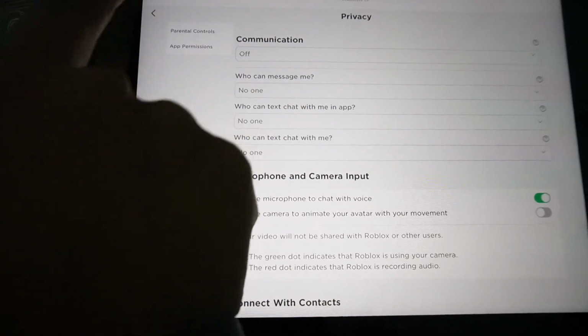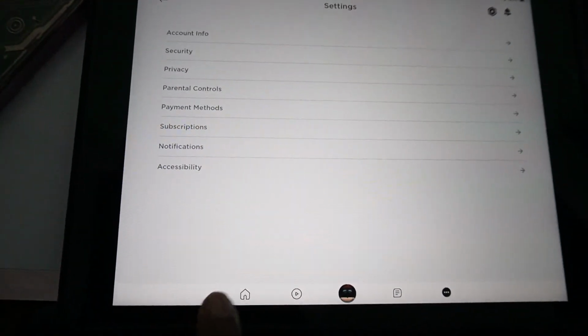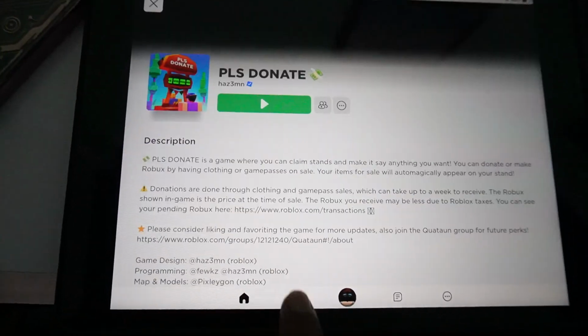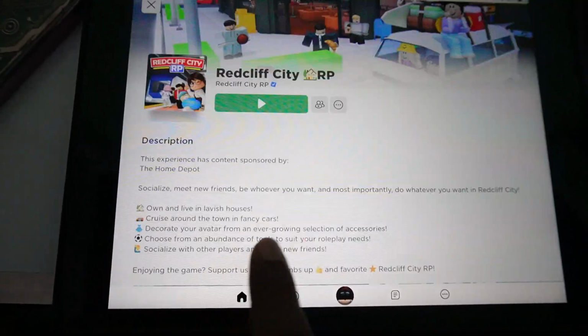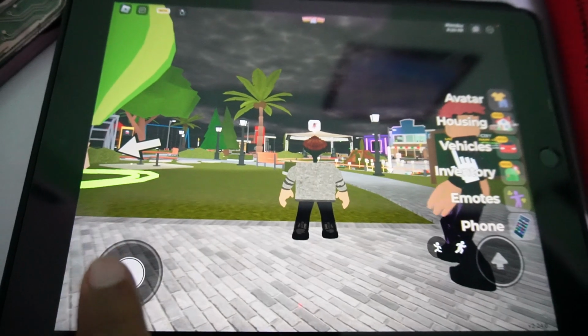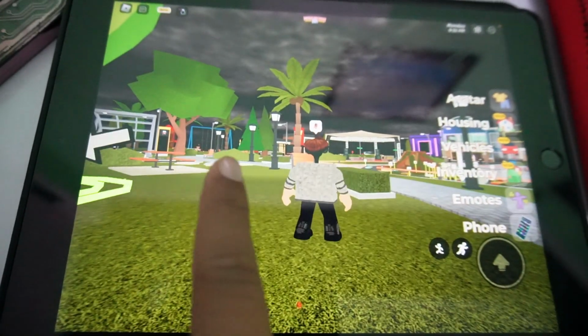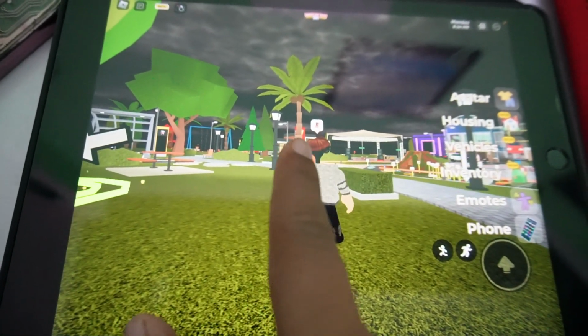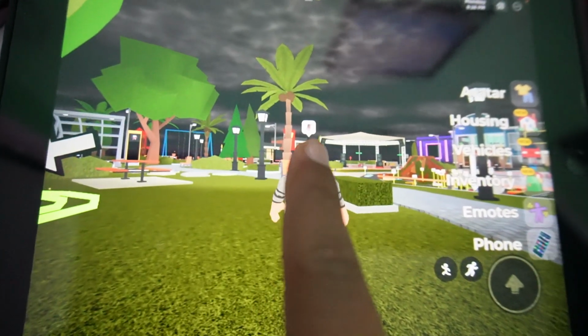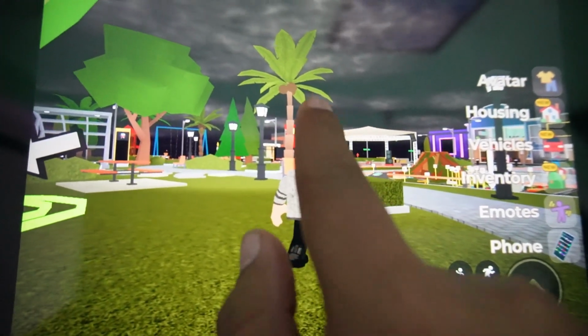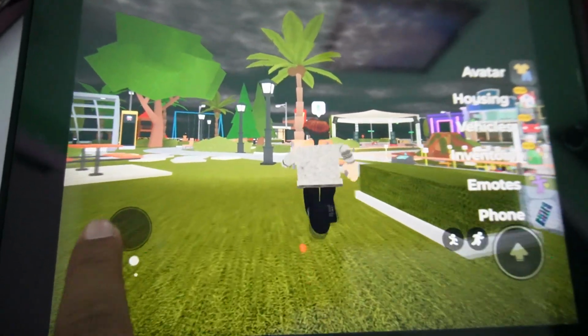Once you get this guys, now just open any game that supports microphone as communication. Let's open this game. Now once you're in the game guys, when you enable the voice chat in the privacy, you will get the mic over the avatar side. Can you see here? And just tap on the mic over the avatar side to enable the voice chat in the